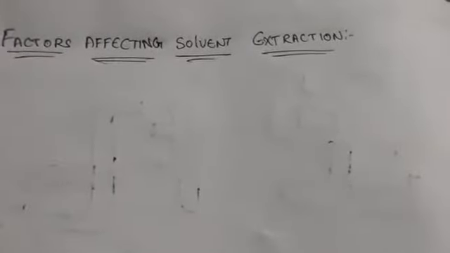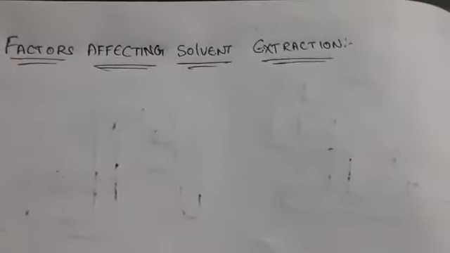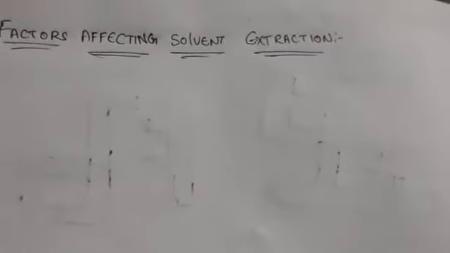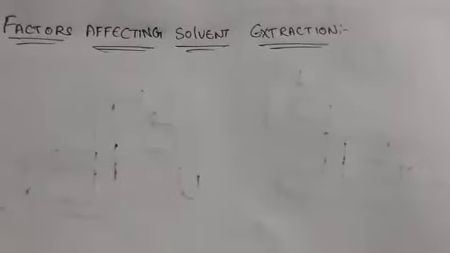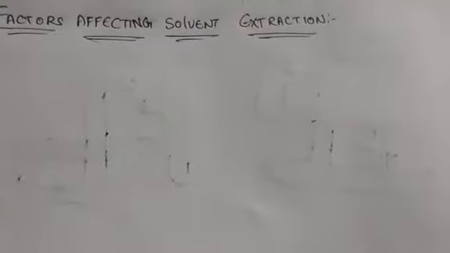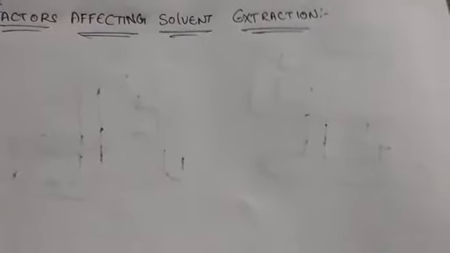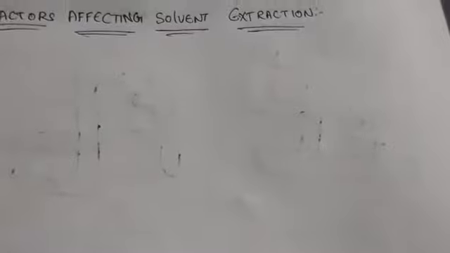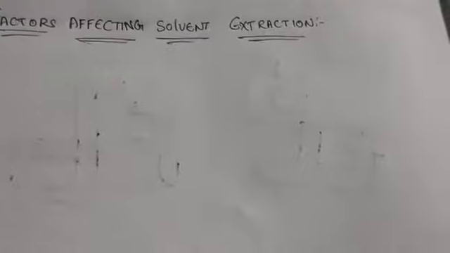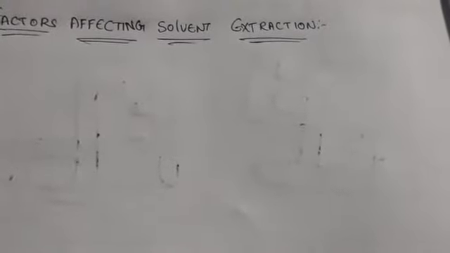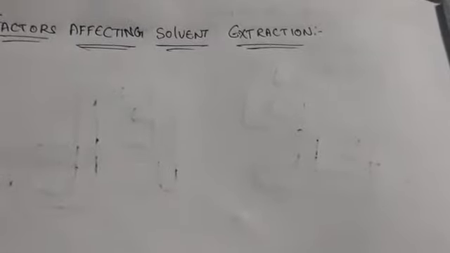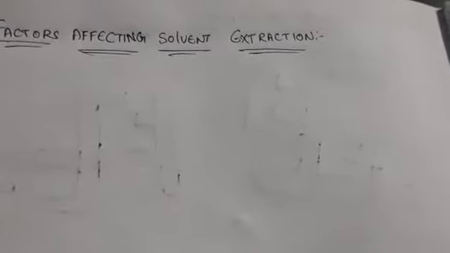Hello students, in the previous class we have seen the techniques of solvent extraction. The techniques we have seen are batch extraction, continuous extraction, and countercurrent extraction. Batch extraction is the simplest method used as a separation technique, using a separating funnel. Coming to continuous extraction, the organic compound or solvent we take should be lighter than water or heavier than water, which will undergo upward direction and downward direction.